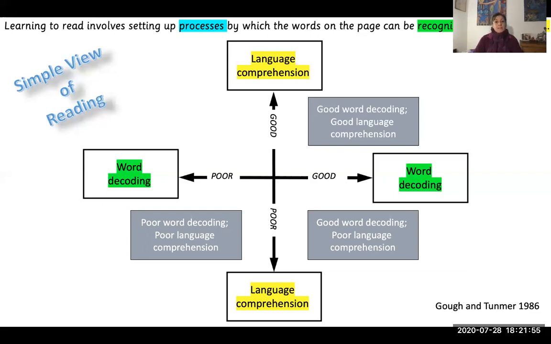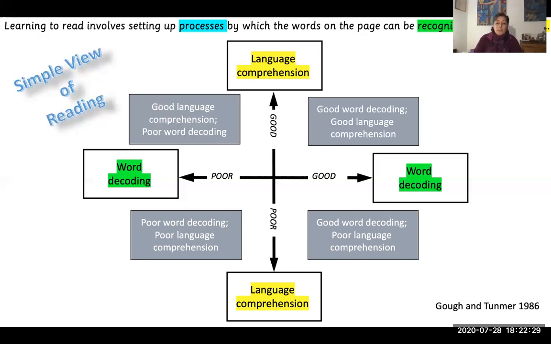Probably these children won't get the same material as the children of the top group or of the bottom group. These children will need material that is not so complex, not so big, maybe fewer words or fewer sentences, so they are able to access it more comfortably. And then we have the fourth group.